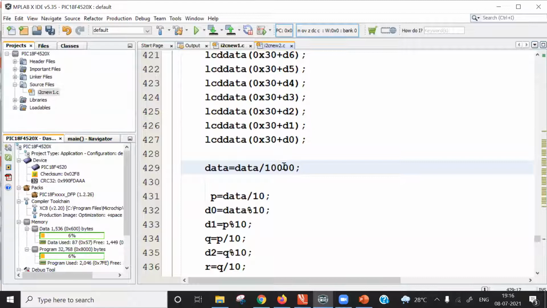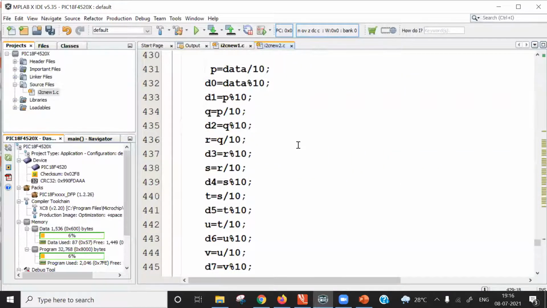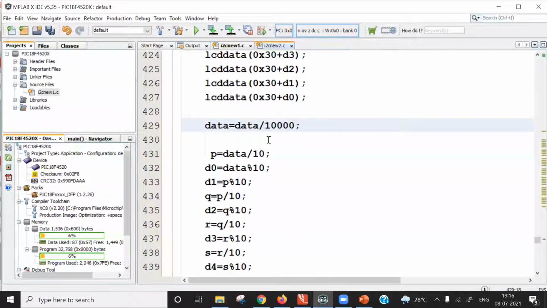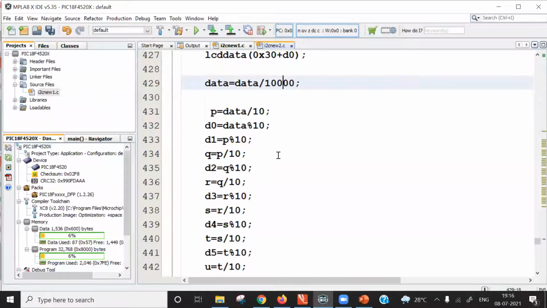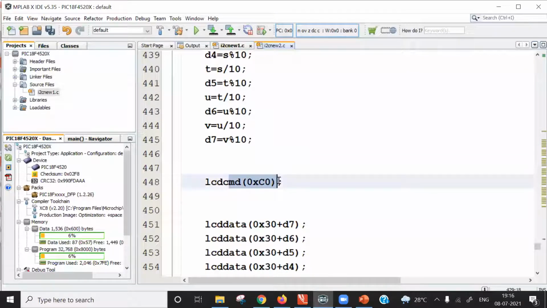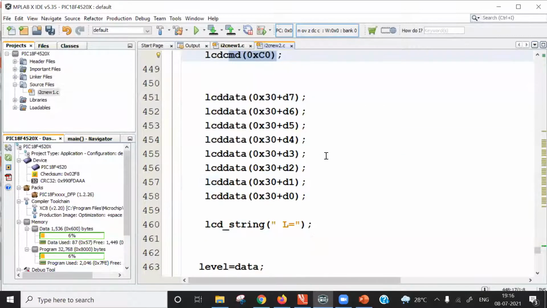In our case, we must get a number which should change with respect to change in diesel level. So after several iterations, I found that my appropriate divisor is 10,000. This divided number I have already shown in the video on the second row, LCD CMD C0.